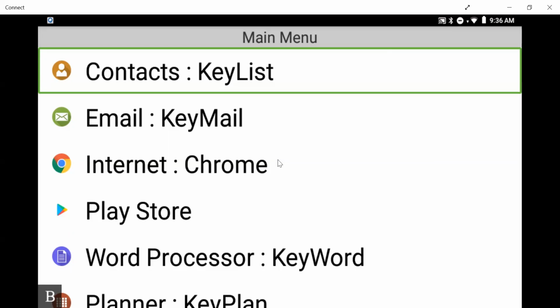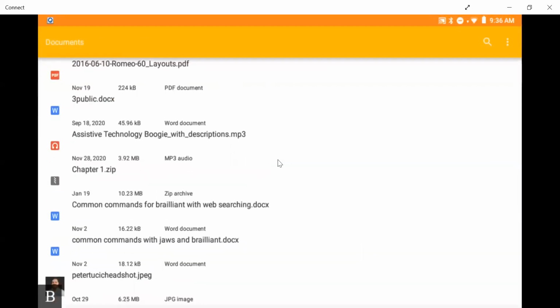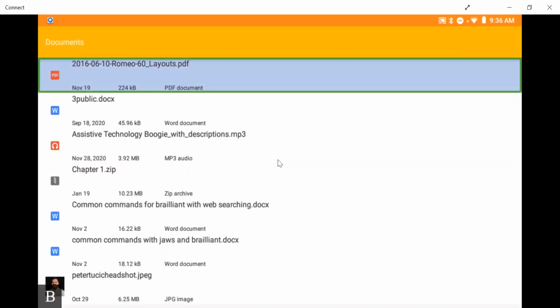I am on the main menu. I'm going to press the letter F to jump to the File Manager or KeyFiles application. File Manager, KeyFiles. At this point, I'm going to press Enter to open this up and we'll be placed in our new KeyFiles app. KeyFiles. Now, I'm in my Documents folder, and it really doesn't matter where you are because we're going to look at this from step one